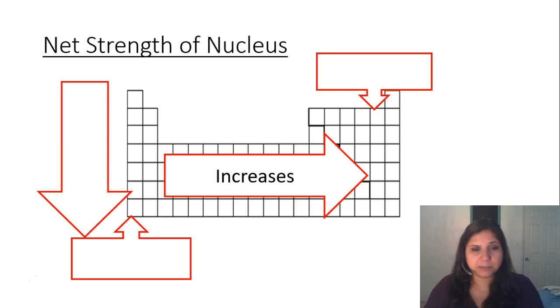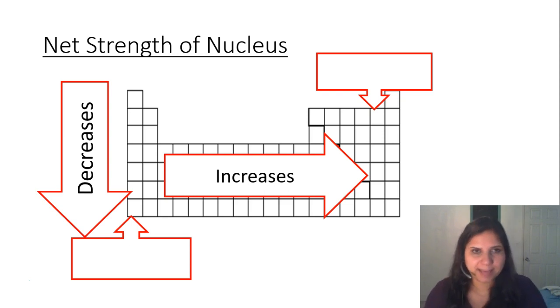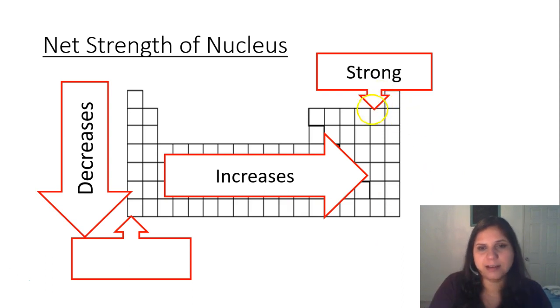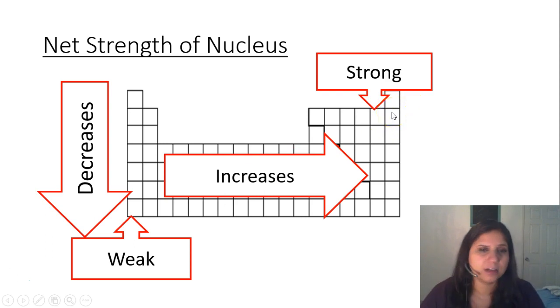As we go from left to right, the strength of the nucleus increases. And as we go from top to bottom, the net strength of the nucleus decreases. We'll discuss why in just a moment. But what we end up having is the strongest elements up in the upper right-hand corner of the periodic table, ignoring the noble gases, and then the weakest elements on the bottom left-hand side of the periodic table. So just remember, francium is the weakest, and fluorine is the strongest in terms of the net effect on the